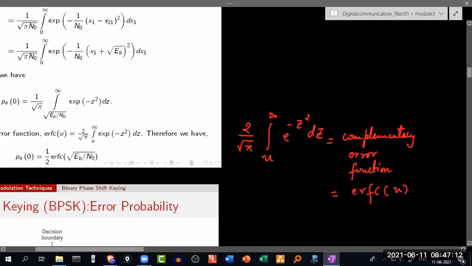So ERF is the error function, and C over here represents the complementary of what function? Of the function u, because here the entire thing depends upon this lower limit. So we have used the complementary error function of u. So let me consider this expression over here, and let's see how I can make use of this back in our derivation.